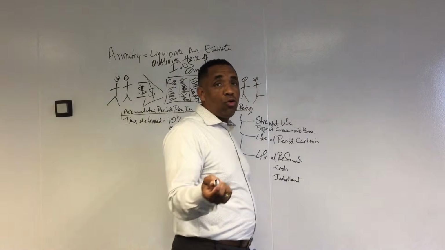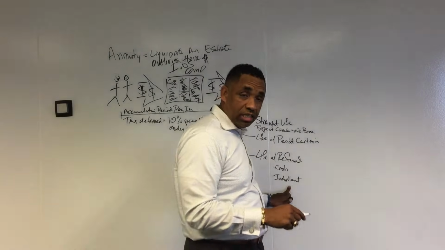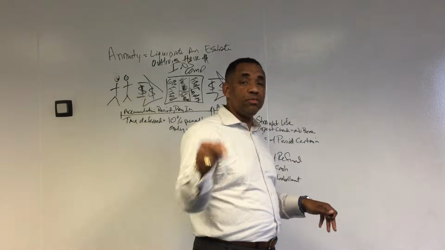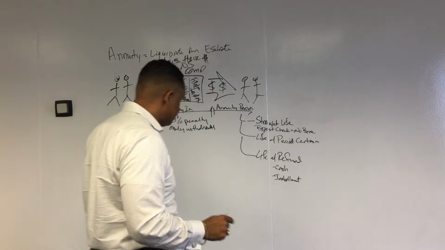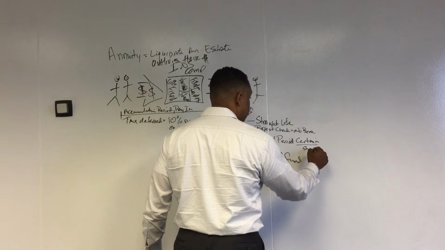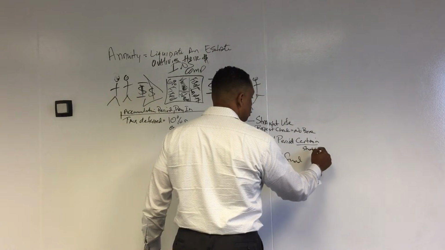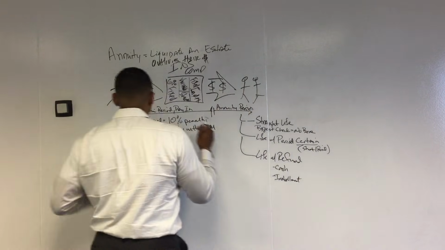Meaning she could get the check that Jack was getting until all the money's gone. It could say 50% installment refund, meaning she'll get 50% of what he was making till all the money's gone. But it's a refund annuity. Certain annuities just by themselves always last for a short period of time. They don't last for life.